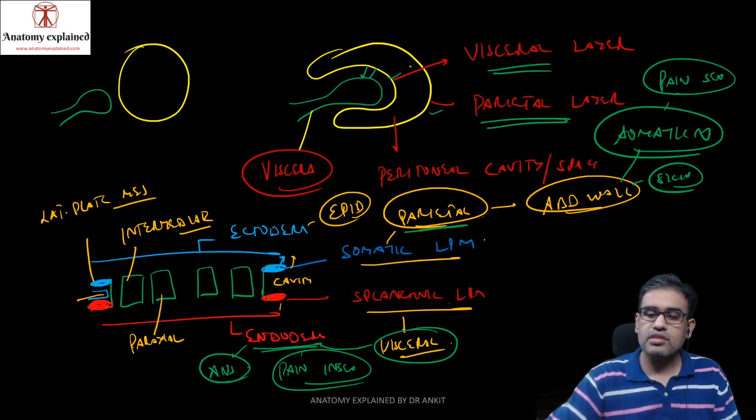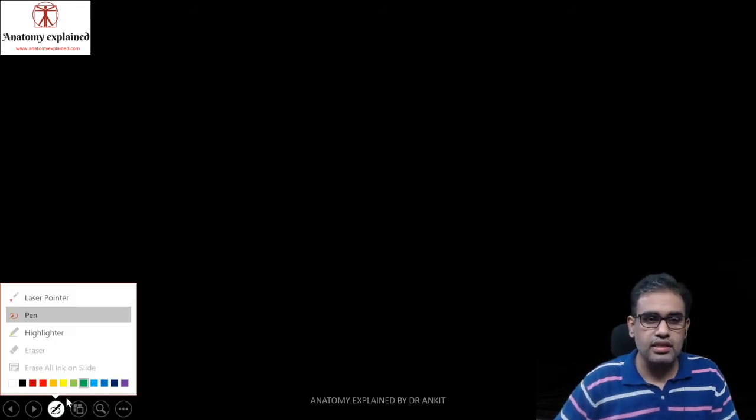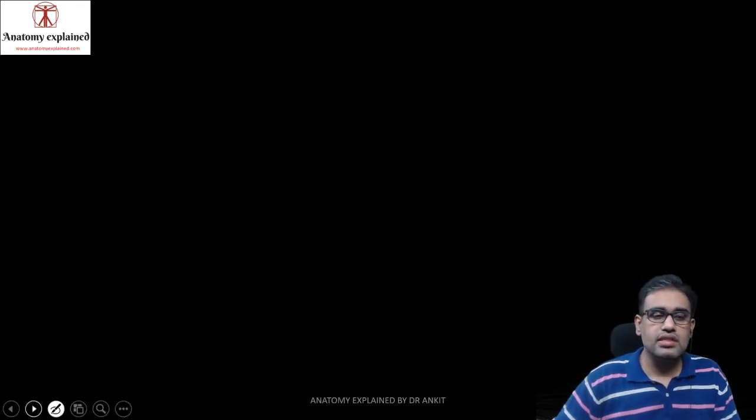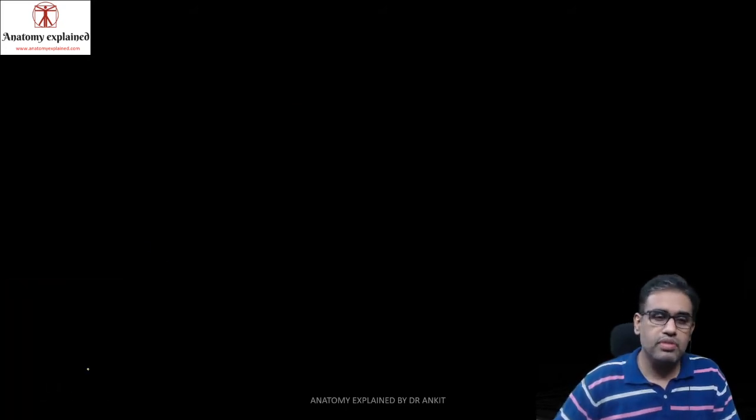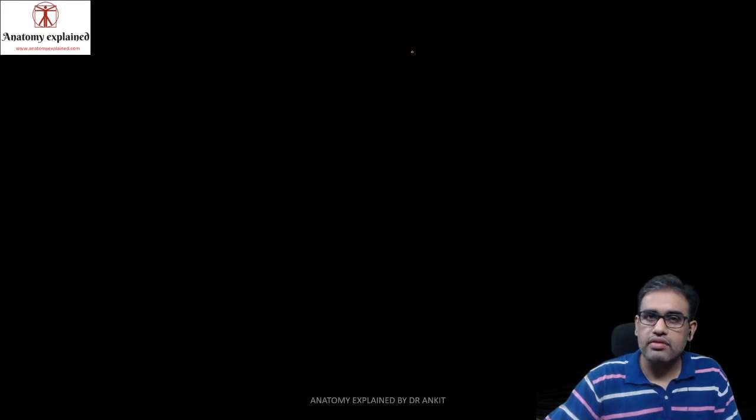Okay, now let us move from here and try to understand what else is occurring inside this. For that we need to understand, and we can also make up a transverse section. Before making a transverse section, let us try to understand that we are discussing peritoneum. Why are we discussing peritoneum? Important layer, contains the layers, and it is actually smoothing out all the activities. So how is it smoothing out? Let us try to understand.